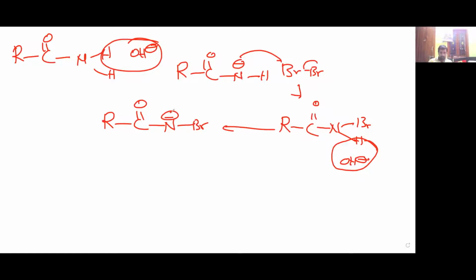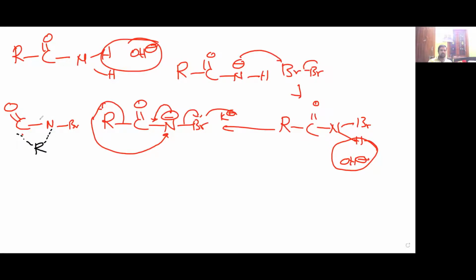Okay, please keep remember, this is only important. Bond shifted like this. This is the R alkyl group migrating like this. Br minus is like this. You added KOH, so K plus is there. K plus and Br minus are eliminating. Here the most important thing, the alkyl isocyanate is the most important reaction intermediate. Okay, so what is forming here? C double bond O, here N, here Br, R is there. This is the reaction intermediate.